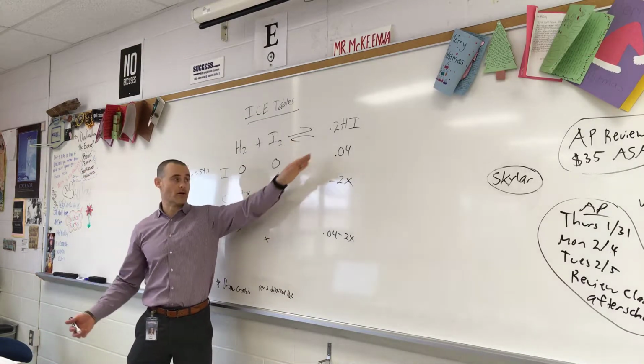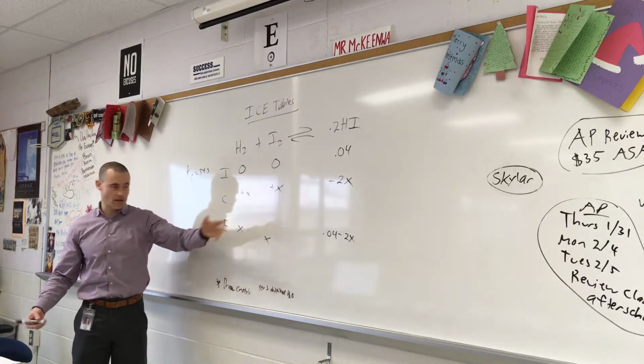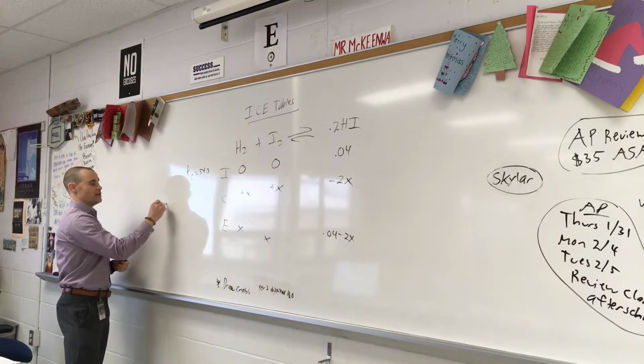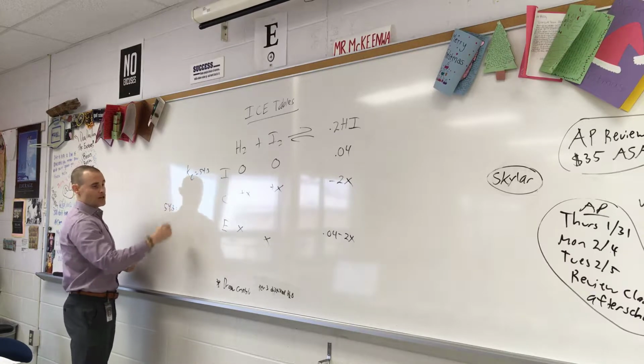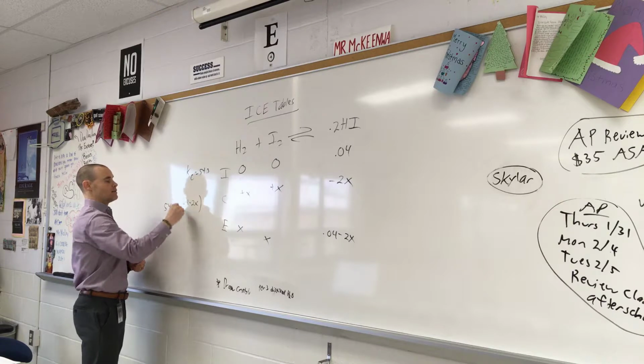So again, once you figure out these 2, you just combine them and write them down here. 0.04 minus 2x. 0 plus x. All right. So now my K expression is 54.3 equals 0.04 minus 2x squared